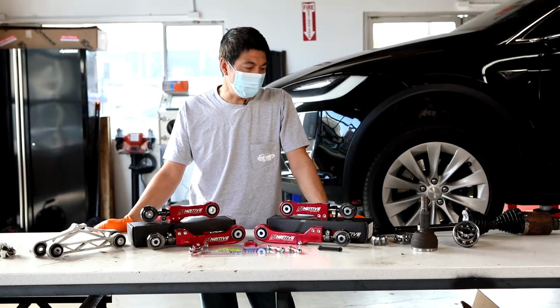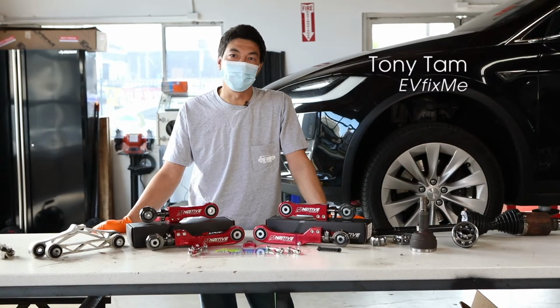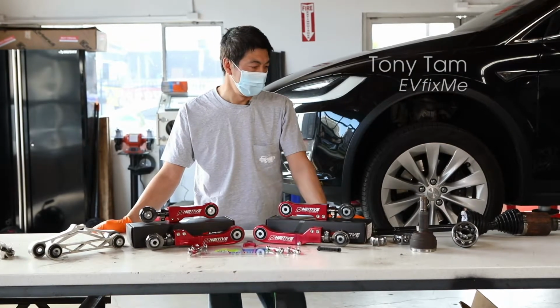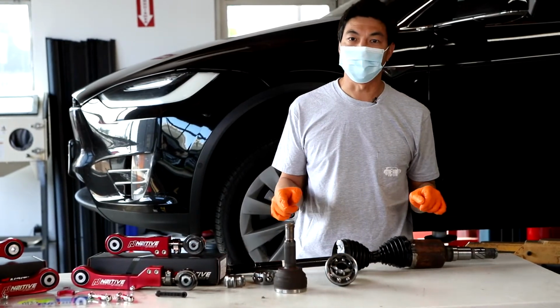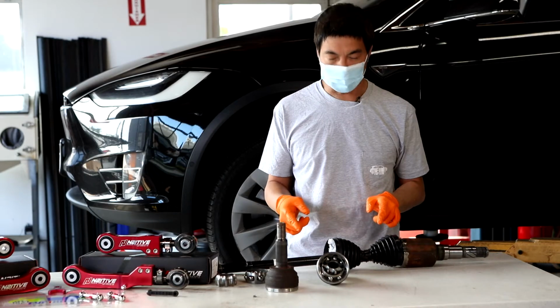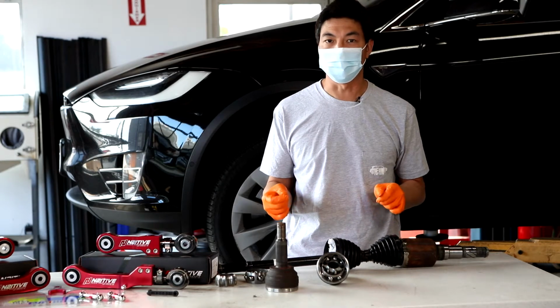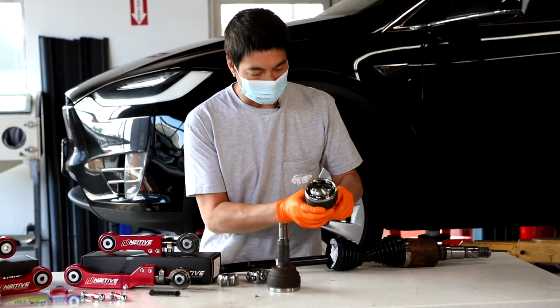Today we are going to talk about solving one of the first world problems of eliminating shudder on the Tesla dual motor cars. Right here we have a drive axle from a Model X. This axle was pulled out of a car that was having shudder issues. We can see here in one of the joints